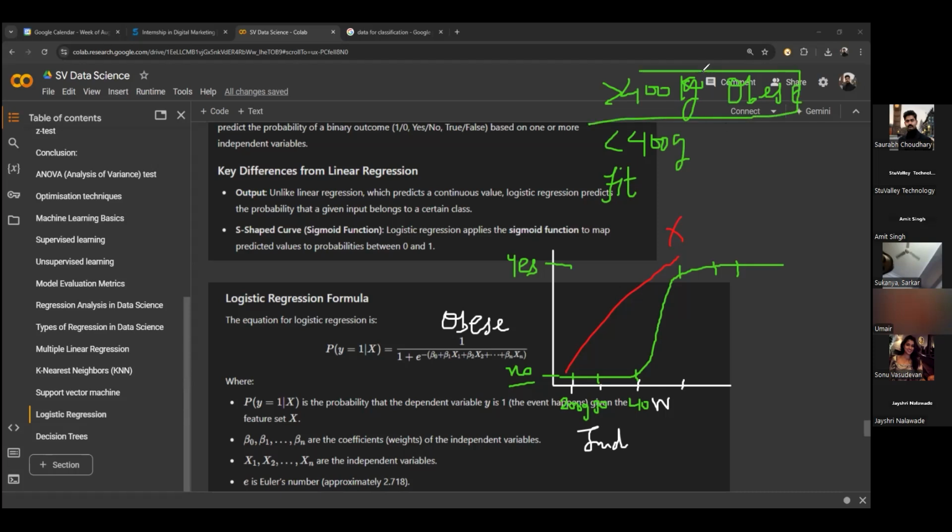Why can we not do this simply? No, we cannot do it because, just to define the obese parameter, we cannot just see the weight and tell it. Sometimes there are other parameters also, right, to define whether a person is obese. Height is also there, weight is also there, fat percentage is also there, muscle percentage is also there, a lot of features we have, right? So in that scenario, we'll use the